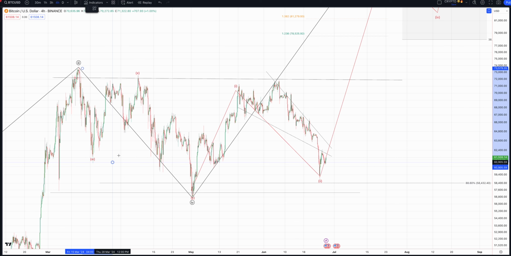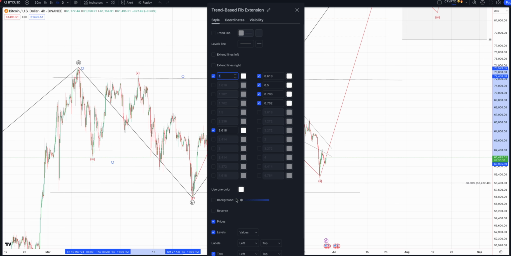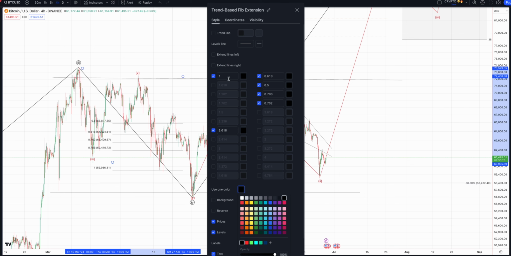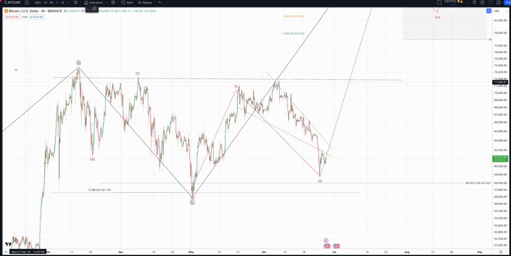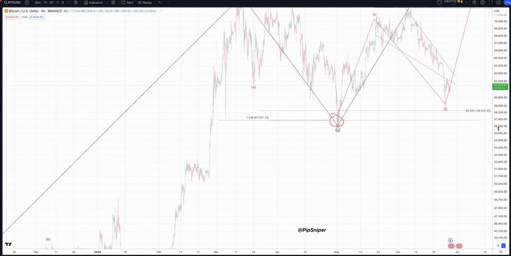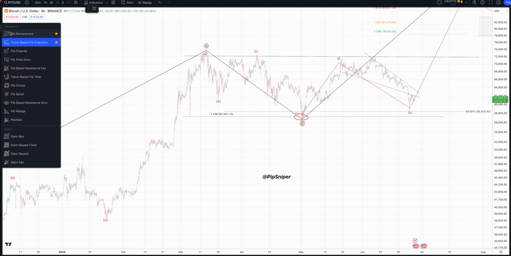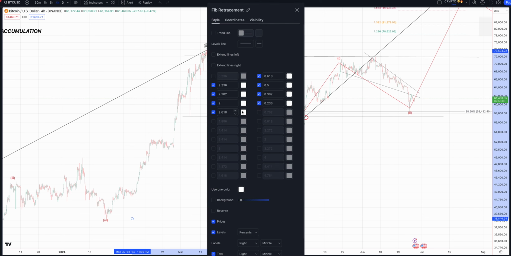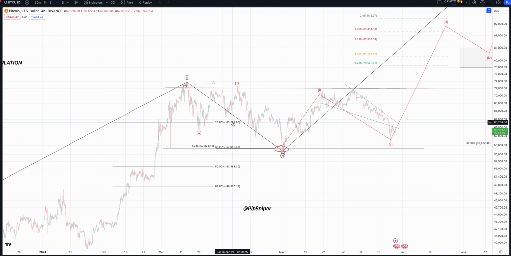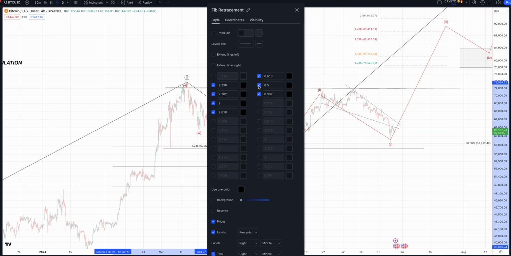So as you guys can see, we did come down here to the 1.236. Okay, so right over here for our Y wave or our wave 4 low. You see over here, came down to the 1.236, and if you take a fib from this subwave 4 of 3 low up to this subwave 5 of 3 high, we do see that we have come down to the 38.2% fib as well, which is a common target for a wave 4.